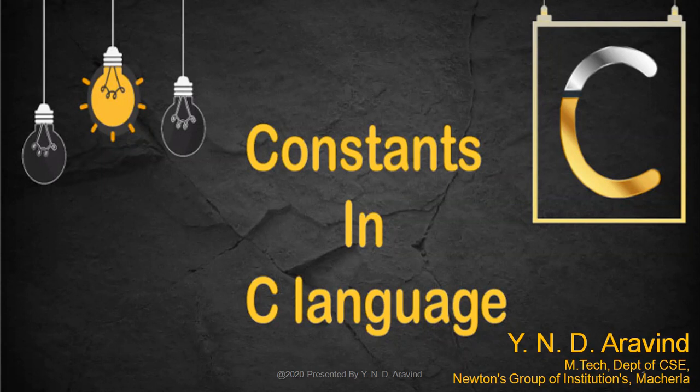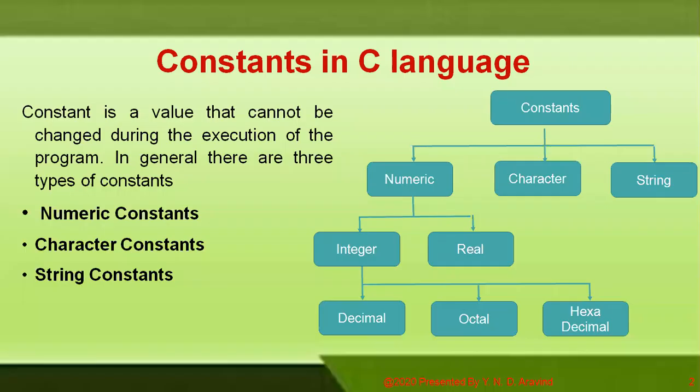In this video, I'll be talking about C constants. In the C programming language, a constant is similar to a variable, but the constant holds only one value during the program execution. That means once a value is assigned to the constant, that value cannot be changed during the program execution. Once the value is assigned to the constant, it is fixed throughout the program.